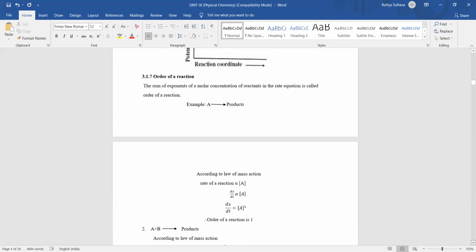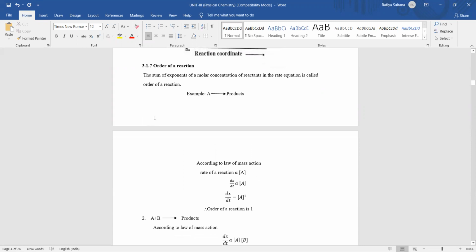Next, order of a reaction. What is order of a reaction? Can anybody tell? So order of a reaction is generally given by experimental studies, not by simply seeing the reaction. For example, see this reaction and tell me the order. Can anybody tell? So you cannot simply tell the order by seeing this chemical reaction. You have to know this by doing experiments only.